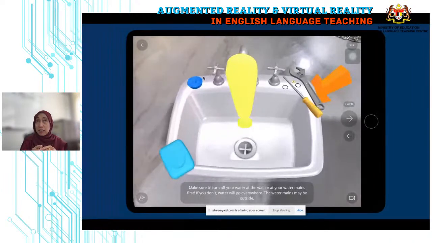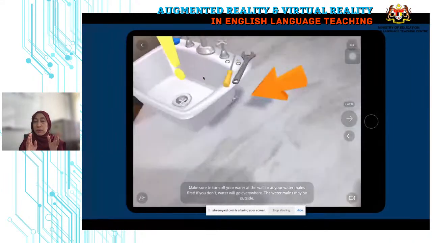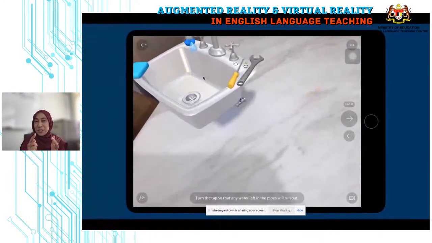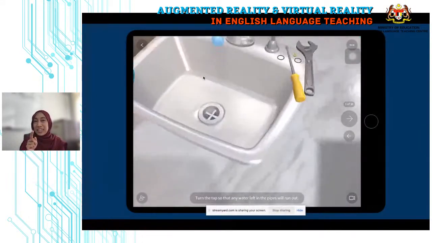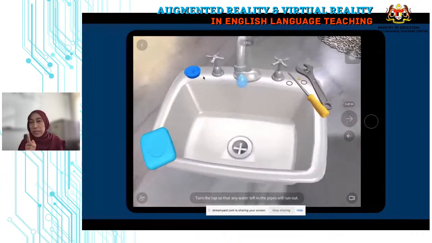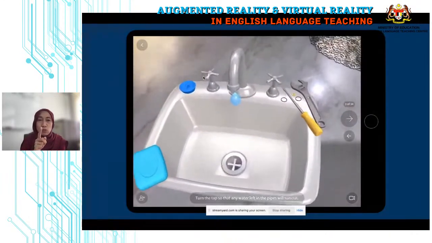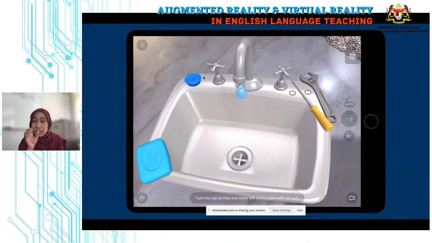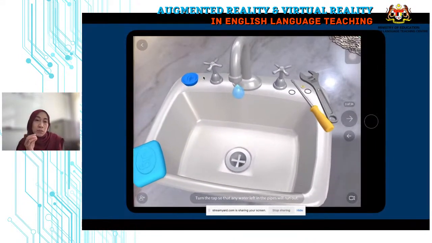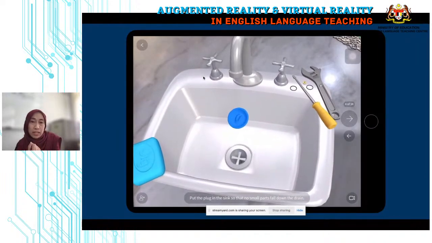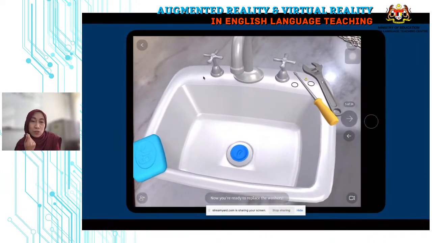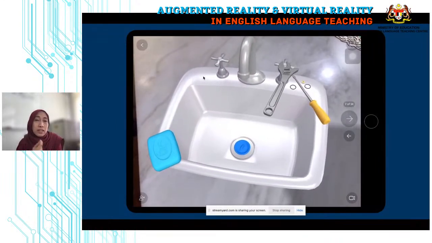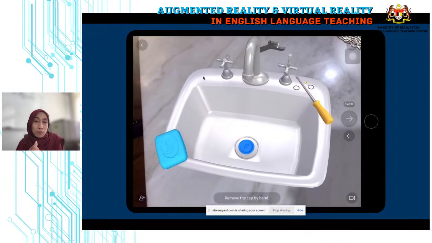This one is, I would say, an example of a scaffolded activity whereby you can see the arrow. So they have to tap one by one and check. Tap the arrow and check what's happening. What is that? Why do we need to turn this tap? And then what is that handle? So it is somehow scaffolded in terms of how the lesson could be conducted. At the same time, the students learn to describe the steps in repairing the sink, for example.